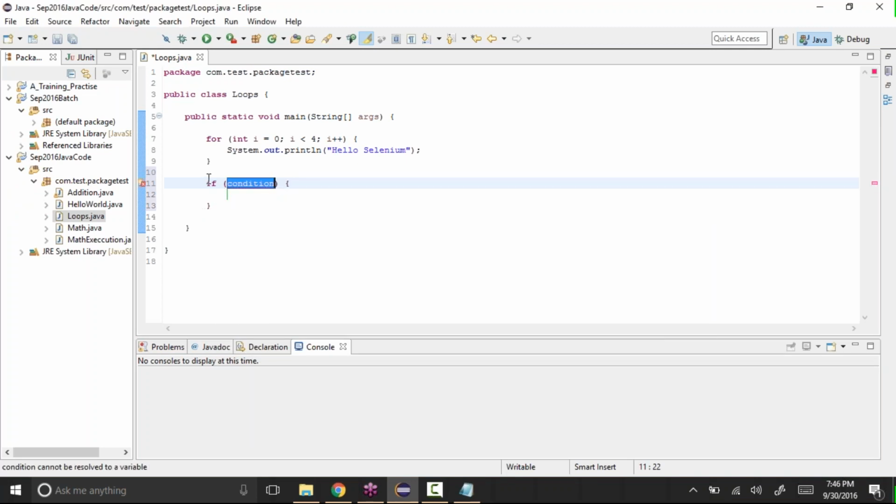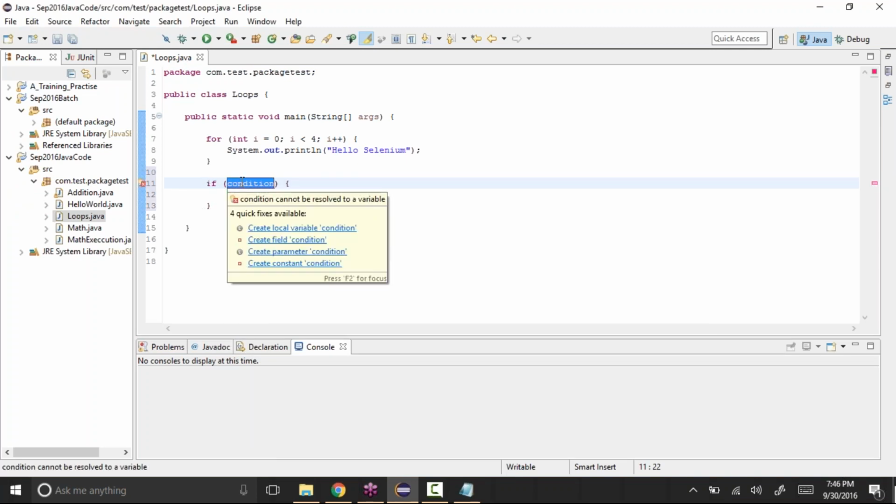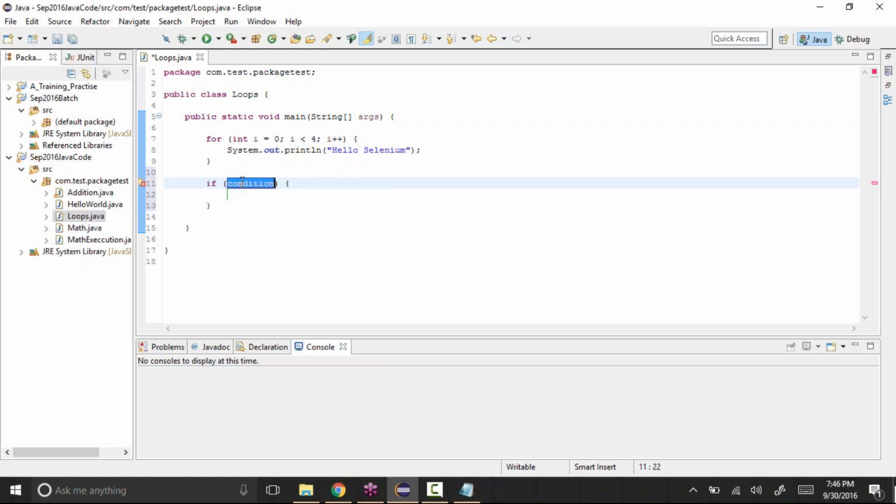See, if condition. It will execute based on a condition. If that condition is true, then only it will enter the loop, and if the condition is false, it will not enter the loop. So you can check whatever condition you want.